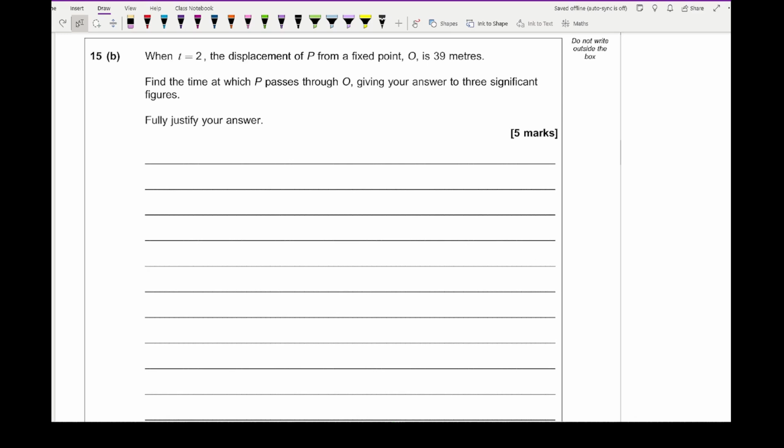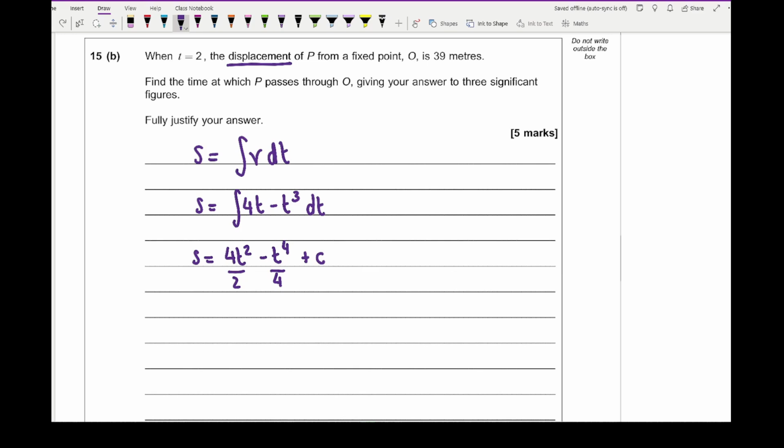So if we work out then using s, so we're talking about the displacement, so we need to consider s. s is the integral of velocity with respect to time. So let's integrate the velocity, which we've just found. That was 4t minus t cubed, and if we integrate that with respect to t, we get 4t squared over 2 minus t to the 4 over 4 plus our constant of integration,